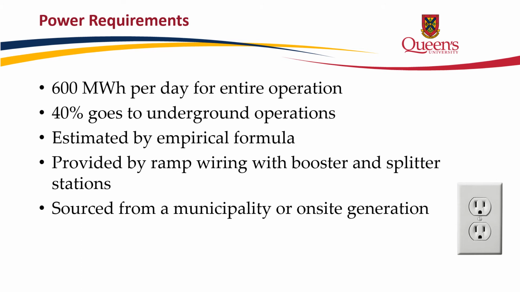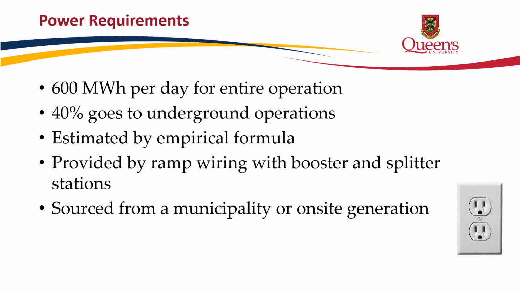Using an empirical formula, the Genoa deposit was estimated to require 600 megawatt hours per day for the entire operation. However, only 40% of this goes to the underground operations, as processing is very energy intensive. This will be provided at depth by ramp wiring with booster and splitter stations where required, and it will be sourced from a municipality if available, or on-site generation such as a power plant or small diesel generators, depending on